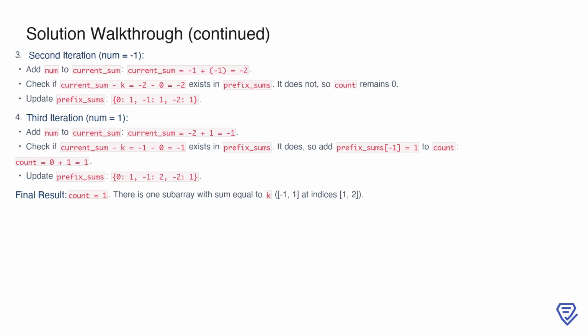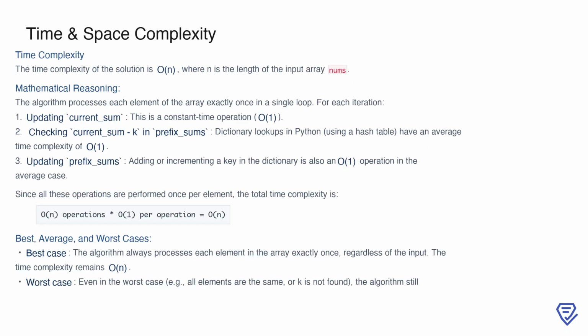at indices 1, 2. Here, we analyze the time complexity of our solution, which is O(n), where n is the length of the input array. This efficiency comes from the fact that the algorithm processes each element of the array exactly once in a single loop. For every iteration, updating the current_sum is done in constant time, O(1), as it involves a simple